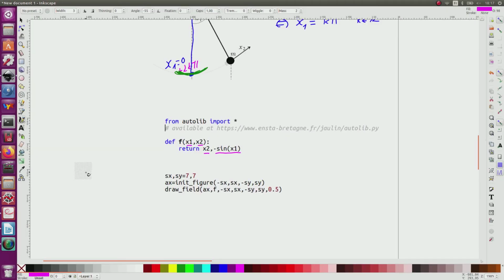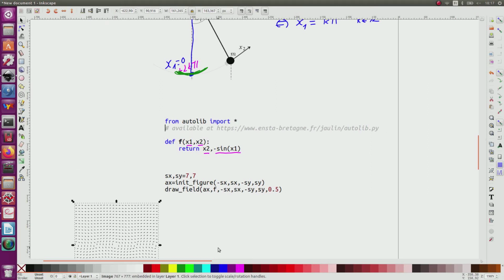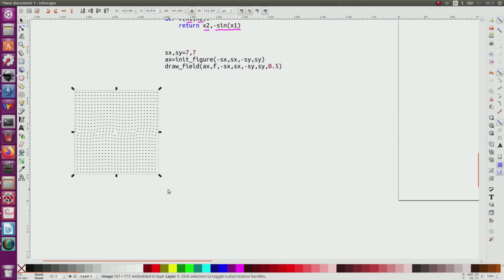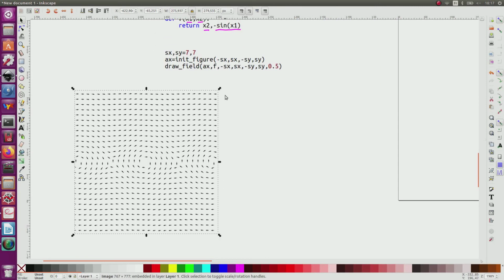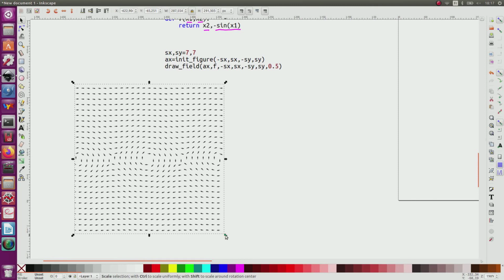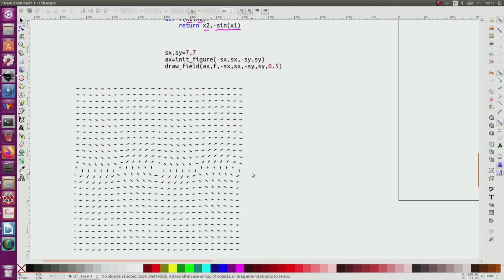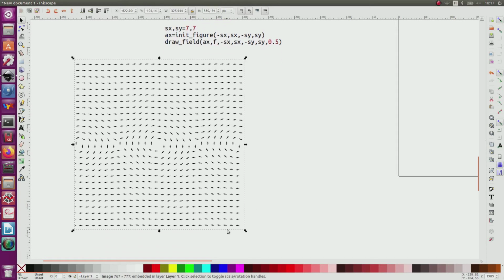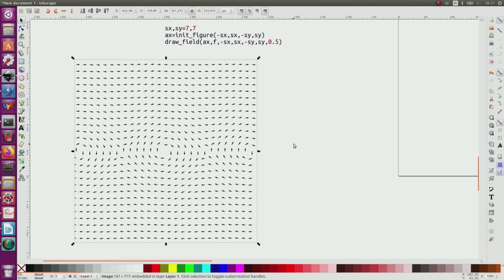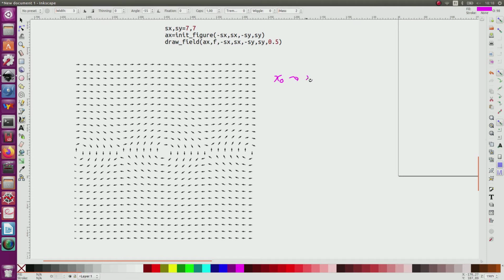Okay, so now I will take the vector field here, and I will try to guess how the trajectories are. Of course, afterwards I will use an Euler method or a Runge-Kutta method to compute these trajectories. But here I just want to understand how it works. So I will start from an initial point, x0, and from x0 I will try to integrate geometrically this state equation.